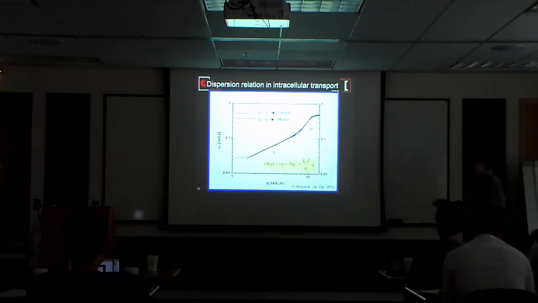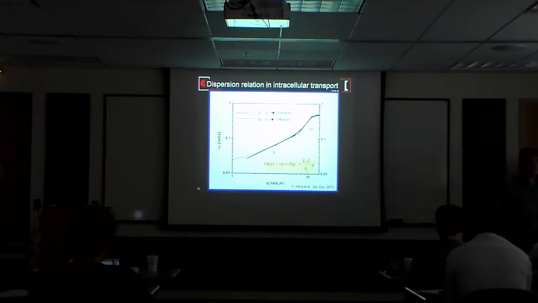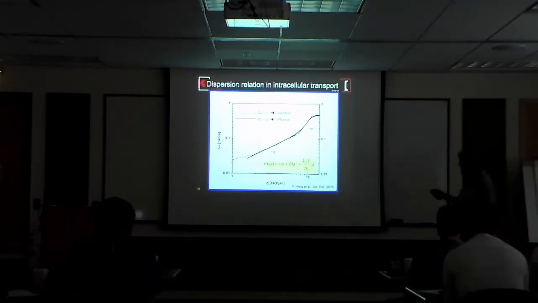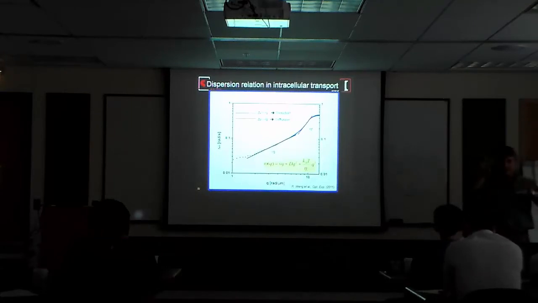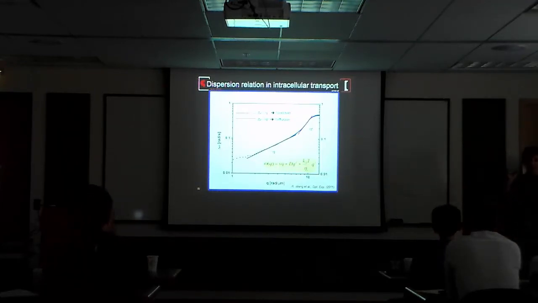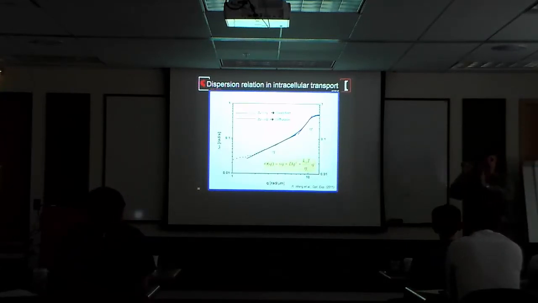And we can get weird terms like q cubed, if you look at filaments, for example. So at even higher q, basically what it says is that at high q, diffusion is dominant. You look at this mass, how it's rearranging in space and time, right? So what this curve says is that at very short scales, 2 pi over this gives you a micron. So below a micron, you have diffusion. Over short scales, diffusion comes for free, and the cell is using that to mix things up.